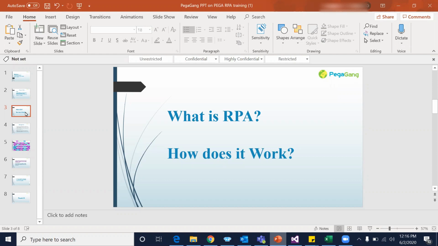Firstly, it's very important to understand that RPA is not a real-life robot. It cannot replace the human being. What it can do is increase efficiency. It can automate a process which is fully rule based and has low complexity, but it cannot take any decision.